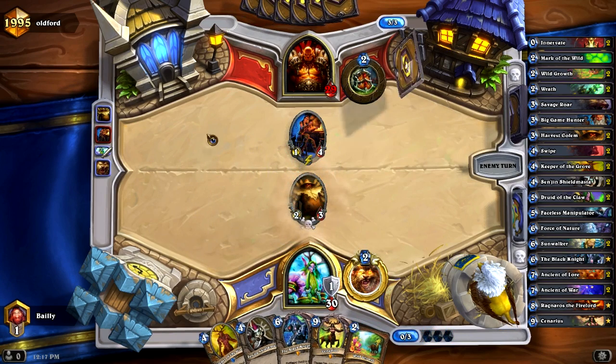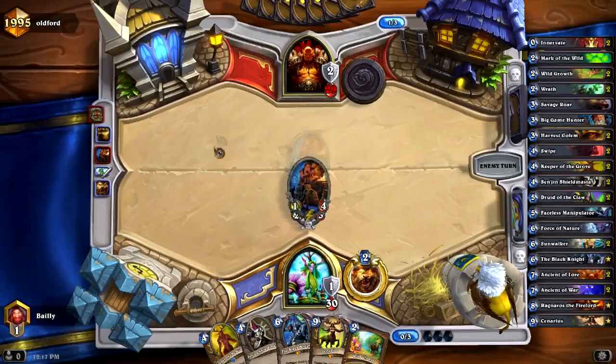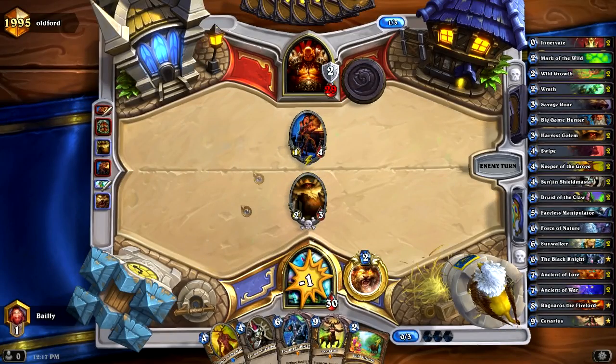So yeah, we'll go with that. That's not going to be easy for him to remove anyway, unless he has, let's say, a Fiery War Axe. That would make it pretty easy. It might have also baited out an Acolyte of Pain, because he might